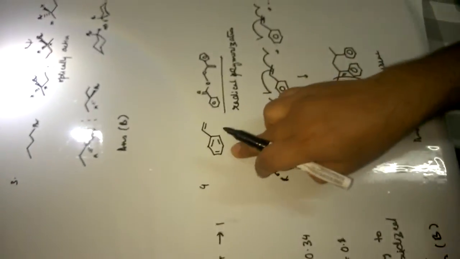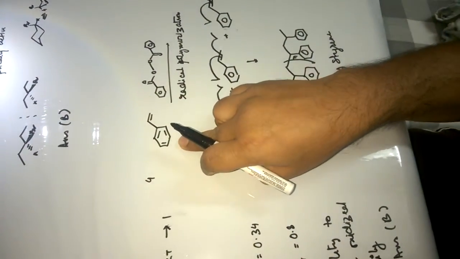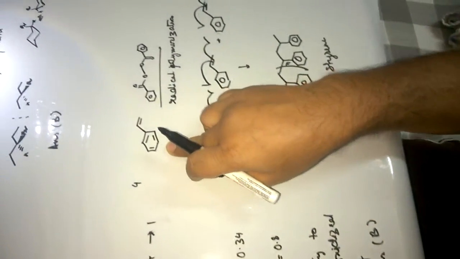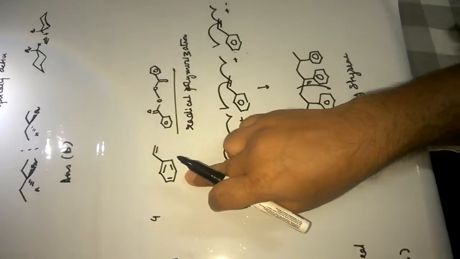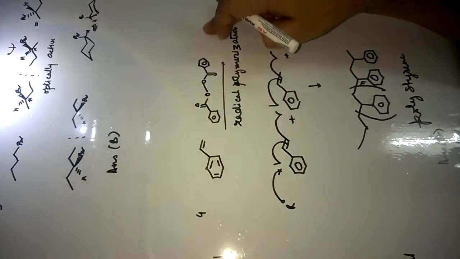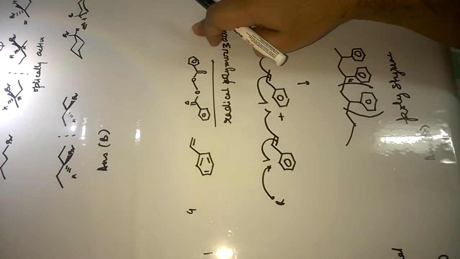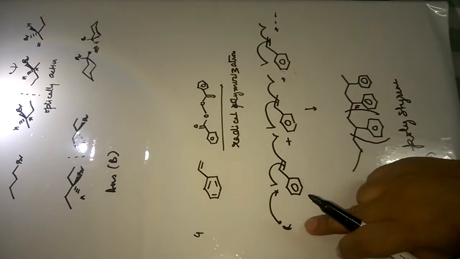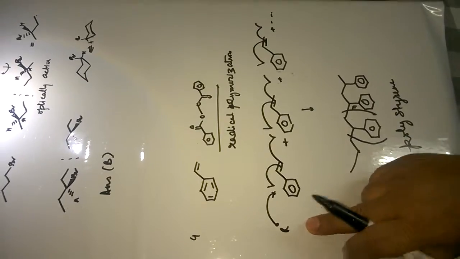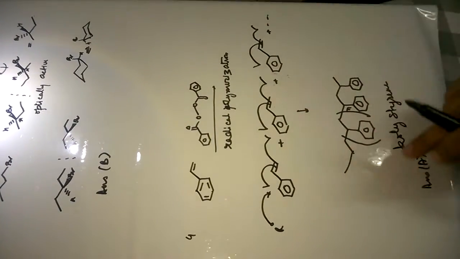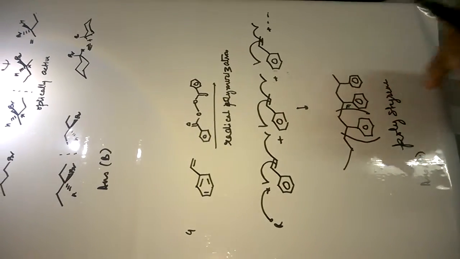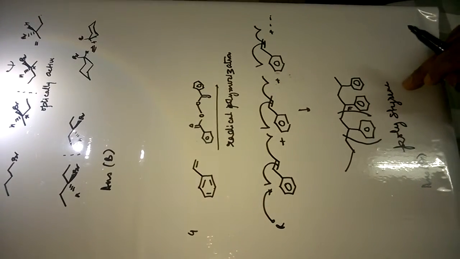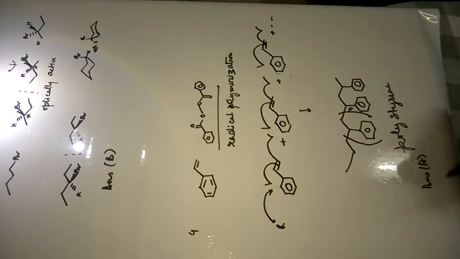In the next question, it is a simple question. It is asking, if we are polymerizing styrene, what will be the product? So styrene is polymerized in presence of benzoyl peroxide. Now benzoyl peroxide provides radicals, so it's a radical polymerization, and we'll get an addition polymer given by this reaction, and this addition polymer is called polystyrene, which has this formula. Therefore the answer will be